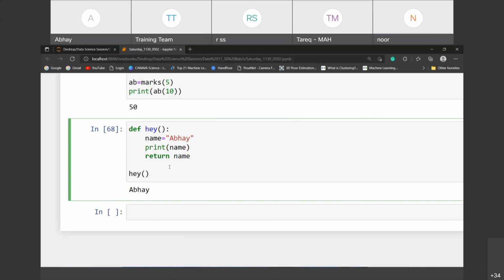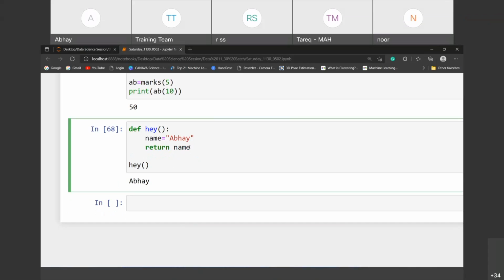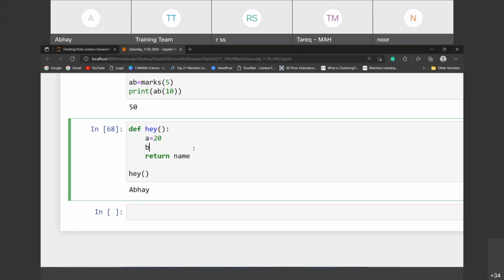Exactly, sir. Francis, sir. See what will happen here. Return function gives you a name. Suppose I am doing addition, a is equals to 20 and b is equals to 30.